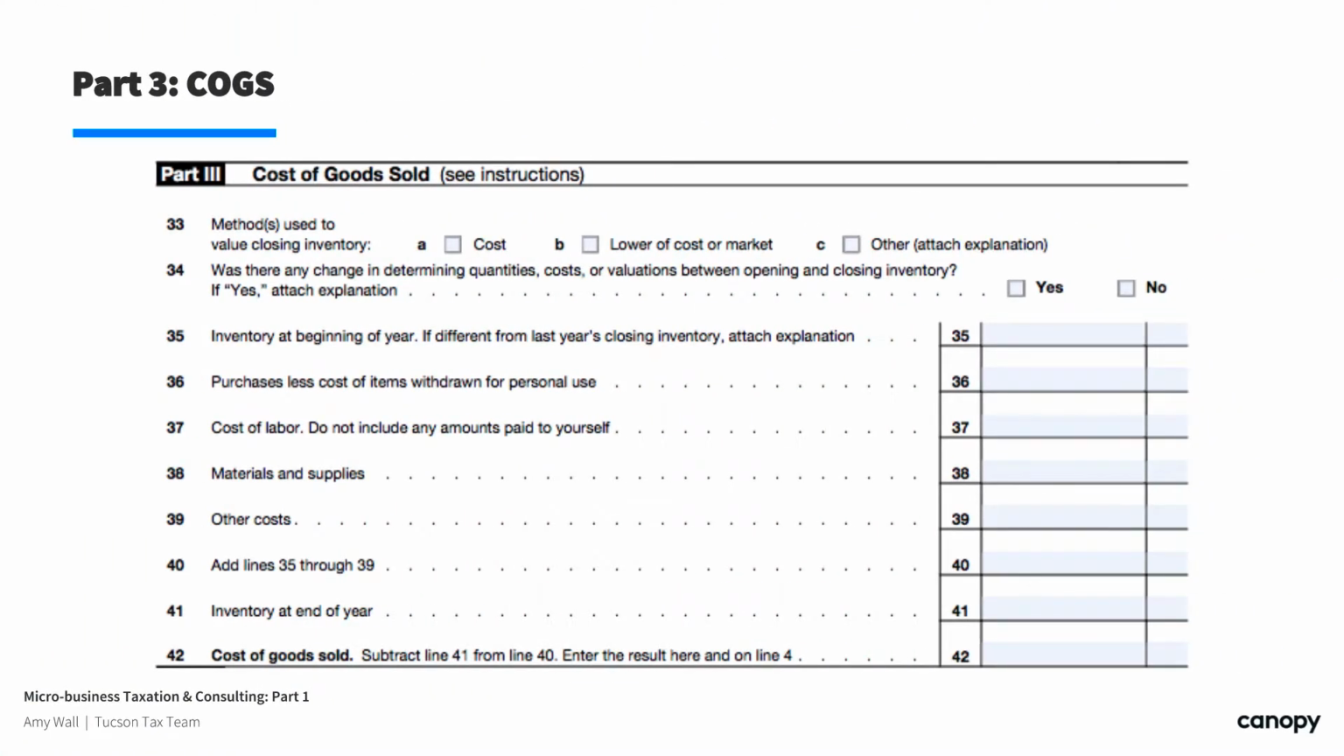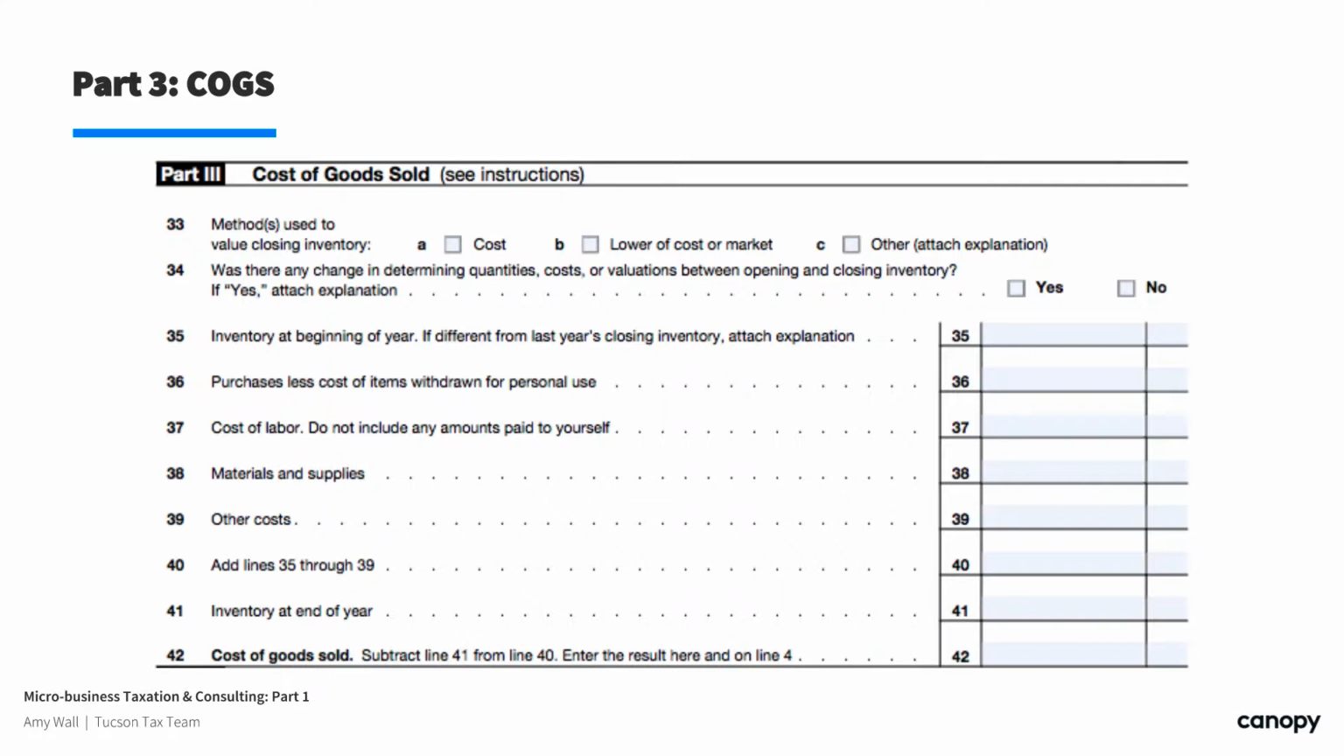So what you see on line 33 is that they're asking us, first off, how are we valuing closing inventory? Almost always it's going to be cost. There are really very few micro businesses that are going to deal with lower of cost or market. It's an option, but I have not seen micro businesses doing this. Are there any changes? Hopefully not, because if you change an inventory method, you need to get the IRS's approval first. Inventory at the beginning of the year,